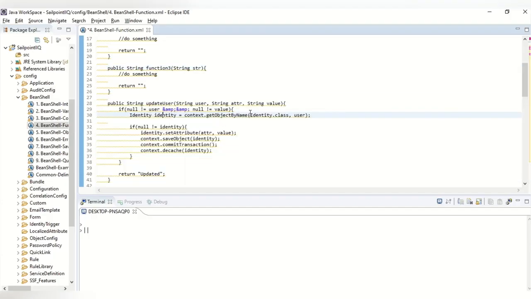So here you can see it's a third case, it contains a return type as a string. I'm just sending a message saying updated, then updateUser is the method name, then the parameters which I'm passing are the user, the attribute which I have to update, and the attribute value. I'll check that the value is not null. Then get the identity using context.getObjectByName, passing the user parameter which we have received, then check